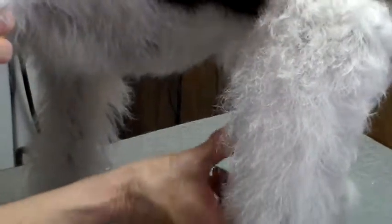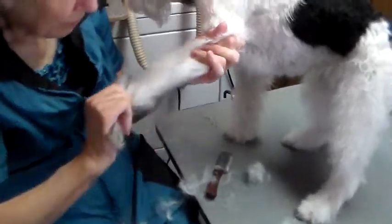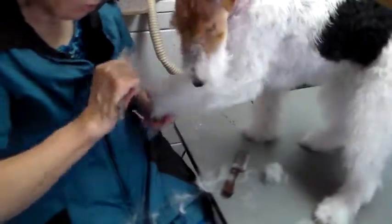Hey, stay. I'm looking all over the place, every angle I can get my dog at. I'm looking, and if I see stray hairs that need to come out, remember to always study where the roots are. Because that root is where that new hair is going to come back, not 3 inches away. Just because the hair is 3 inches long,